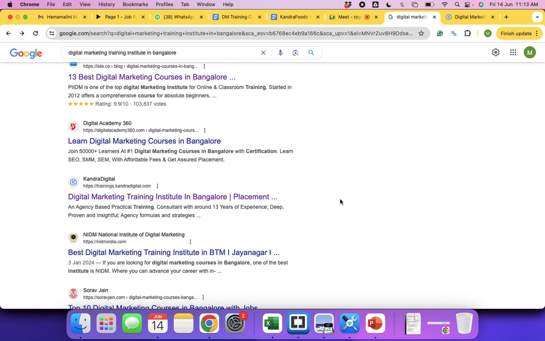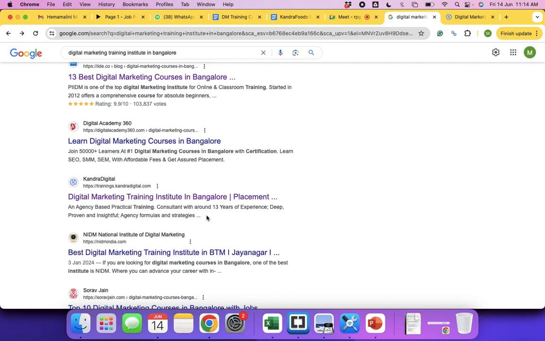triggering point. Basically, you are addressing the pain point of your target audience or the end user. Are you all following me? Somebody who is registering for the digital marketing course, their main pain point is getting the practical exposure or the placements. Somebody who is purchasing a mobile phone, their main pain point could be the front camera, or maybe the battery life, or maybe the price. Correct? If you are buying fruits, the main expectation from the fruits will be sweetness. Correct? You all understand the main pain point or the expectations. So that can be a CTR trigger. Correct?